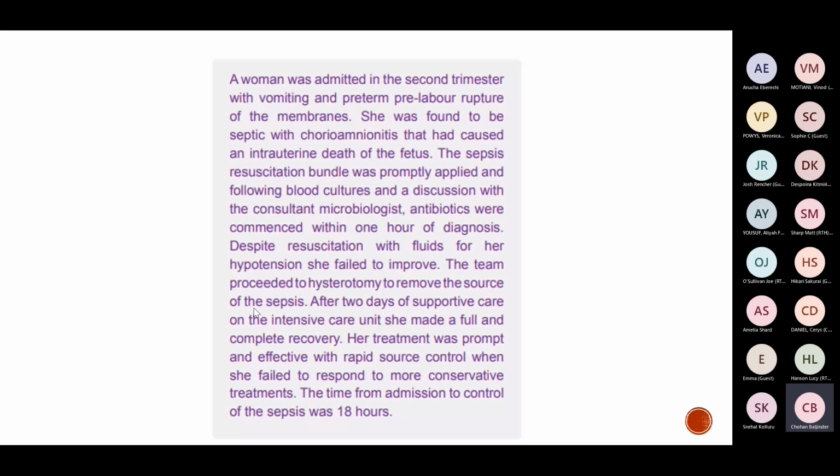Well, was there an infection first that caused the IUD, or has the IUD happened and it's caused the infection? That will be a difficult one to say, but it makes sense that there is a dead baby there, and expediting that delivery should make mum better. So, giving timely antibiotics, all this kind of stuff. Yes, she went to ITU, but she managed to recover and she went home as well. So when we do things right, you can have a good outcome.